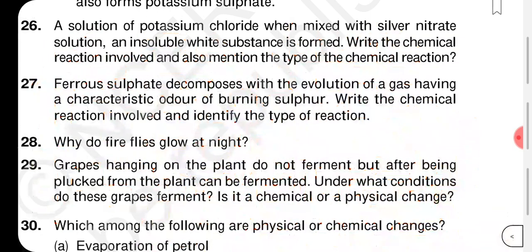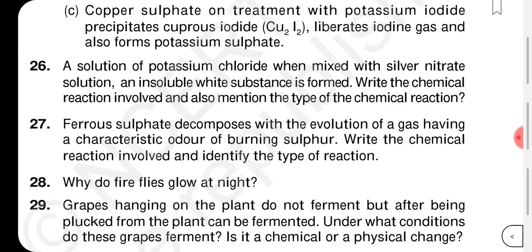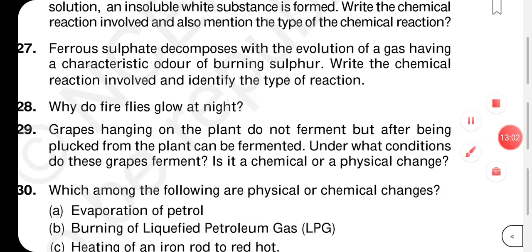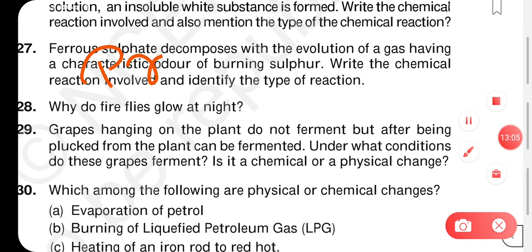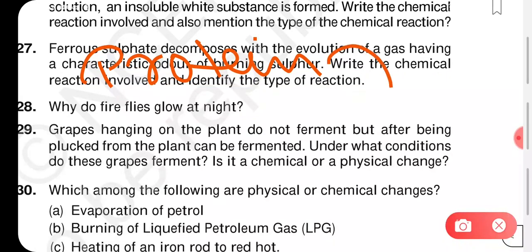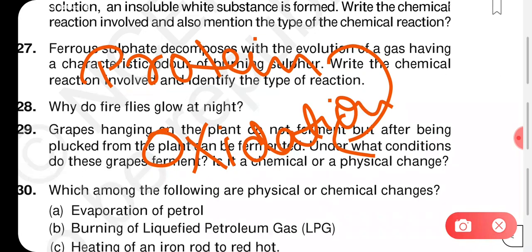Okay. Now moving on to the next question, that is, why do fireflies glow at night? Yes, why fireflies will glow at night? Fireflies have a protein. Okay, fireflies have got protein in them. Okay, they have protein which in the presence of an enzyme will undergo aerial oxidation, means they will undergo oxidation. That protein will undergo oxidation, okay, in the presence of an enzyme. Fine. There is a protein which undergoes oxidation,